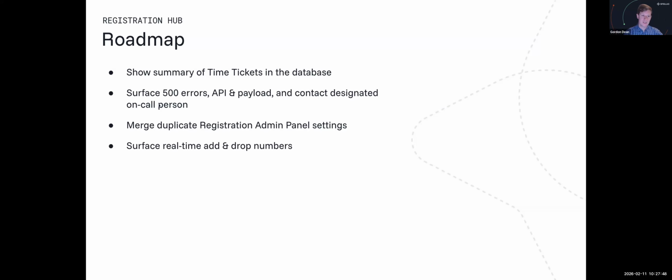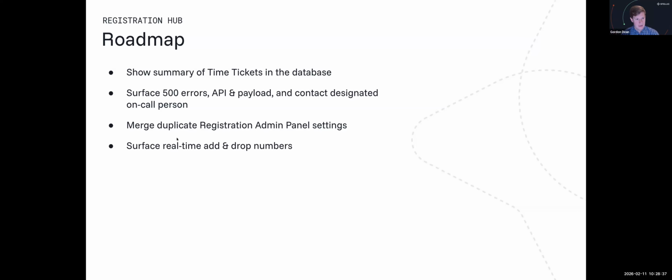I want to have a whole section related to 500 errors. These are issues where there is maybe a timeout in terms of requests going to the SIS, or the SIS is unreachable for various reasons, and we can surface what API endpoint we were trying to hit, what was in the payload, how long it ran for, and whether it timed out. We could also allow you to designate specific on-call people, so that we can immediately ping people in response to getting these errors, so that rather than Stellic detecting this, triaging it, and then reaching out to your team,